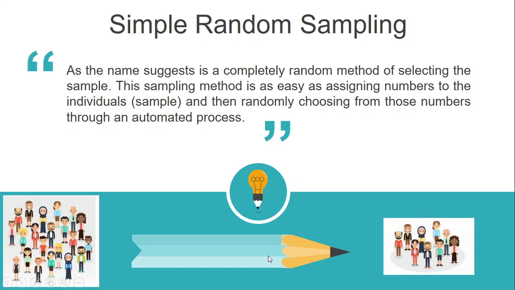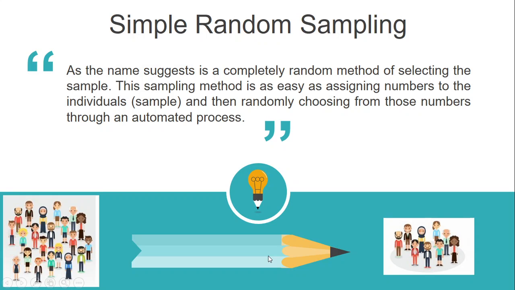Simple random sampling is defined as a sampling technique where every item in the population has an even chance and likelihood of being selected in the sample. Here the selection of an item depends entirely on chance, luck or probability. Therefore the technique is also sometimes known as a method of chances. As the name suggests, it is a completely random method of choosing the sample from the population.